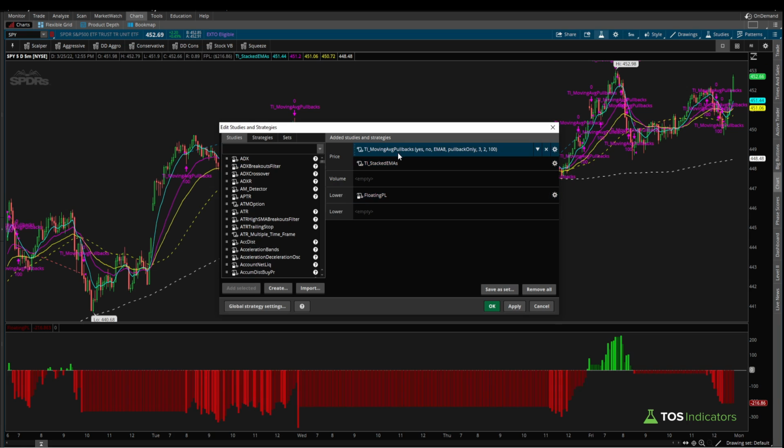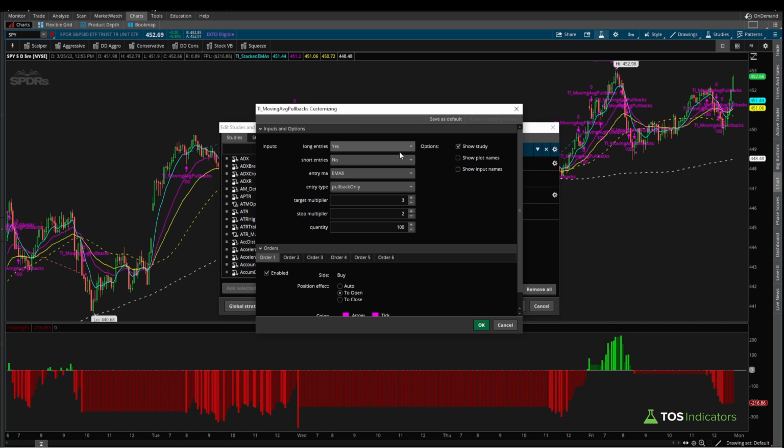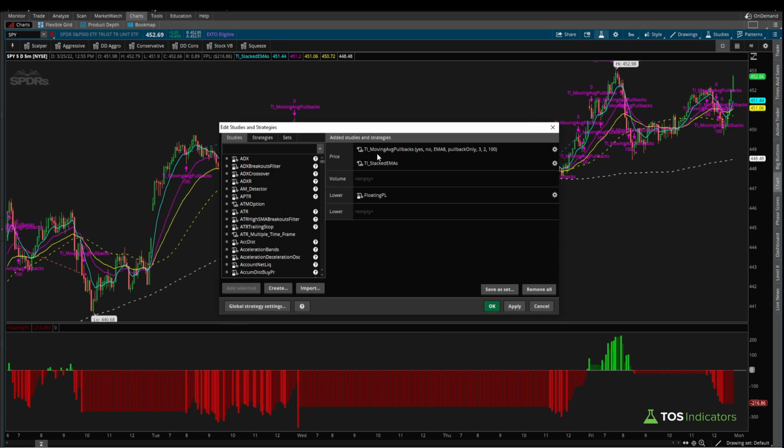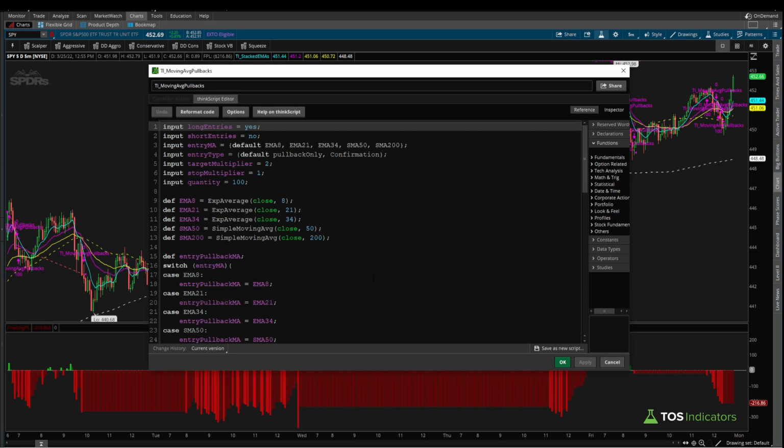It allows you to test the different questions that we were looking to answer, which I think are fairly common questions. Is moving average pullback a good strategy in the first place? Is it better to wait for a pullback or wait for a confirmation? What are the target multipliers and the stop multipliers? How much room should you give this trade? Is it better to let this trade run, or is it better to cut your profits a little bit quicker? All of those questions you can answer with this backtester, and you can of course continue fleshing this out,